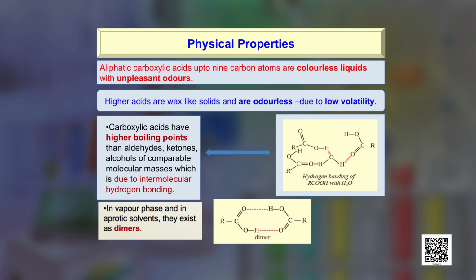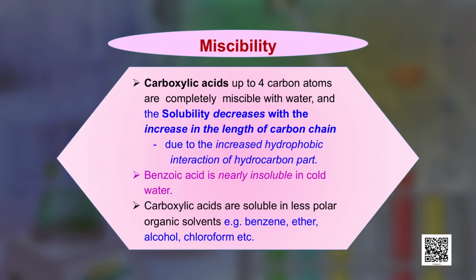This is shown in the structure here. You can see that hydrogen bonds are present in the molecules of carboxylic acids. In vapor phase and in aprotic solvents also, this hydrogen bonding plays an important role and the molecules exist as dimers. Coming to the miscibility, the carboxylic acids up to 4 carbon atoms are completely miscible with water, but the